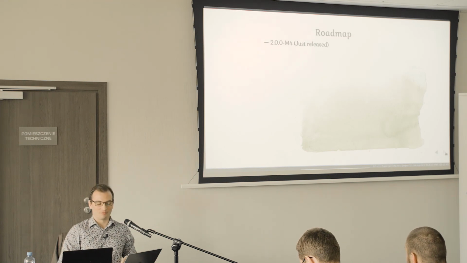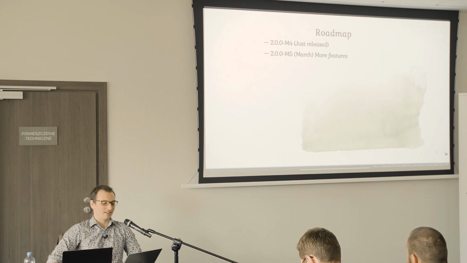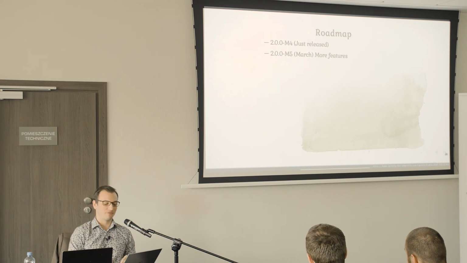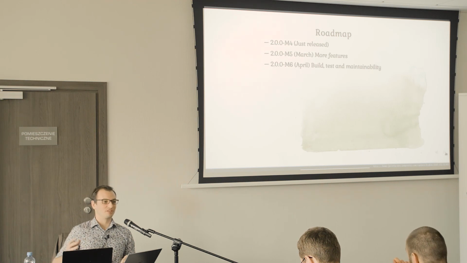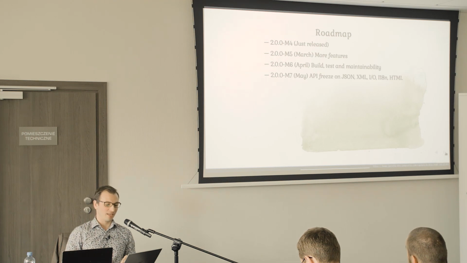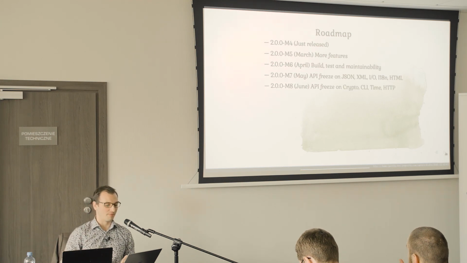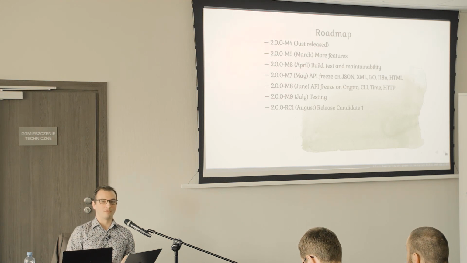I will very, very quickly go through the roadmap. We're hoping to get a final 2.0.0 release this year. We've just released M4. In a month, we'll add more features to that. Then I'm hoping to improve the stability and fix some bugs and add more testing to it. We hope to API freeze on the modules that are currently most complete, and then maybe a month later we'll have the others stable. More testing, and then hopefully we'll be at the stage where we can offer release candidates in August, and then finally